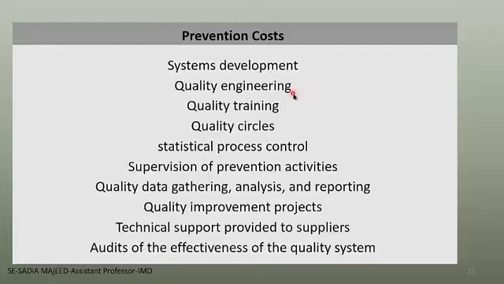We introduce quality engineering in our facility, in our production, so that we can produce non-defected products. We train our quality personnel. We develop quality circles, etc. We introduce quality improvement projects, right? So all these are basically actions we take to prevent the